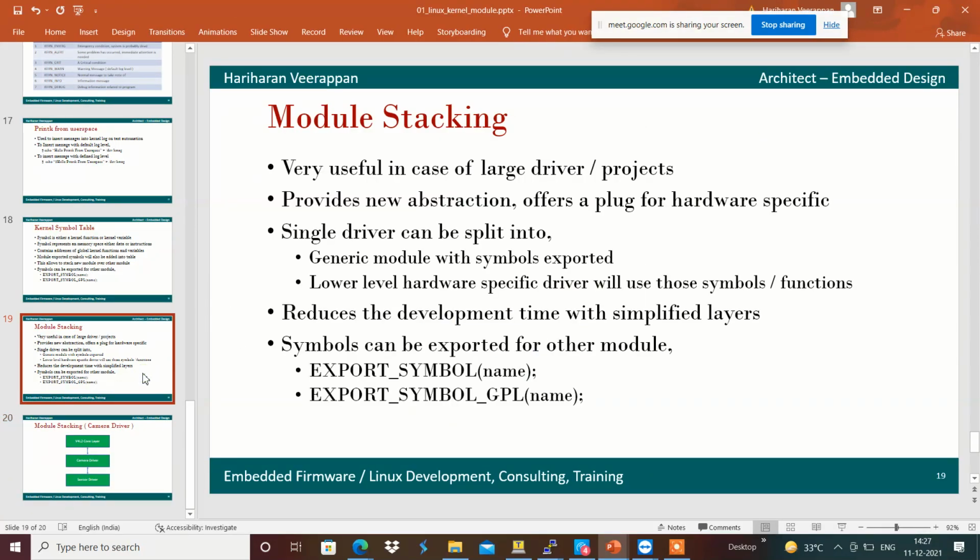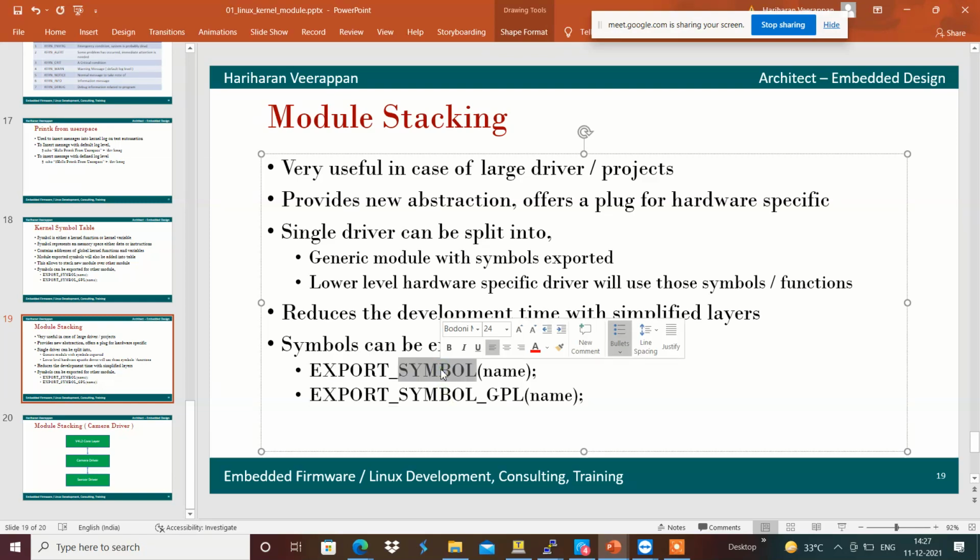If we want to expose under the general public license, we use the macro EXPORT_SYMBOL_GPL, and in case we want it usable by proprietary non-GPL modules, then we can use EXPORT_SYMBOL in our kernel module.